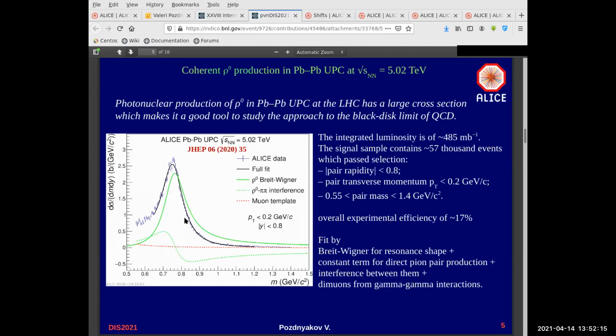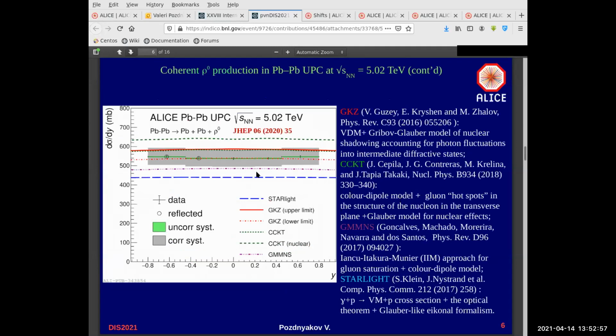So we correct our distribution for acceptance and efficiency, and then we fit the distribution by Breit-Wigner for the resonance shape, and a constant term, not shown here, for direct pair production, so interference between rho-zero and direct pi plus pi minus production. And we are also left with some background coming from gamma-gamma interactions, mainly to the muons. So after the fit, we obtained 3 measured points, and this is a reflection of these 2 points. So for central production, we measured